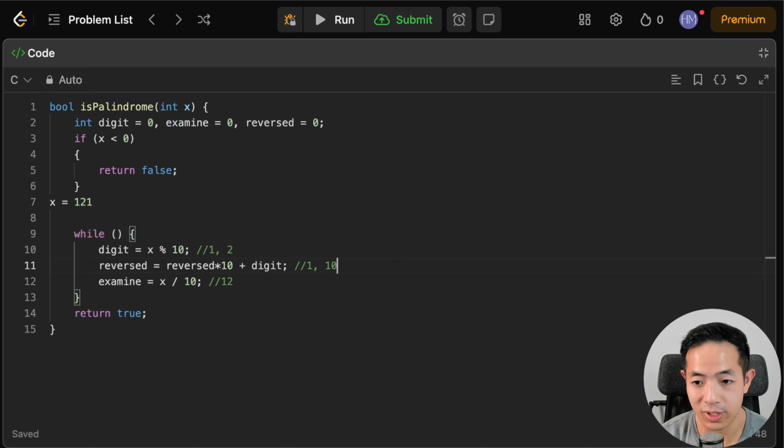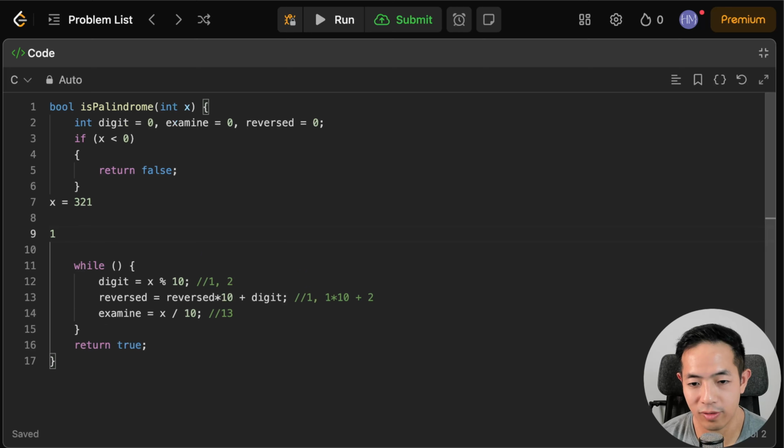So then it becomes 1 times 10 to move over that 1 digit, and then we're just going to add 2. And so that's how we can make space for the 2. So we're slowly eating away from this number, going in this direction, and then we're slowly building it up. I think it'd be better if this was a 3, so you understand it better. So basically we want to reverse this x, so we're eating the 1 here, and then in the